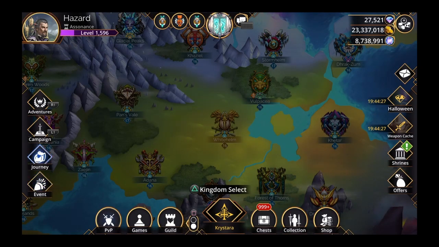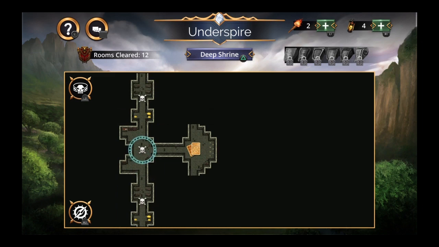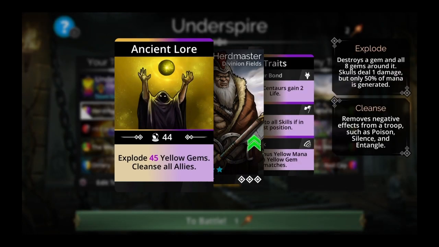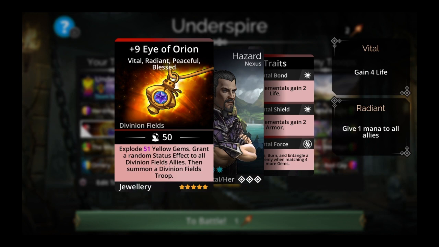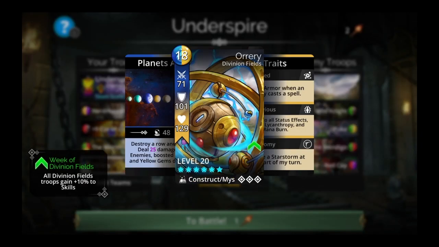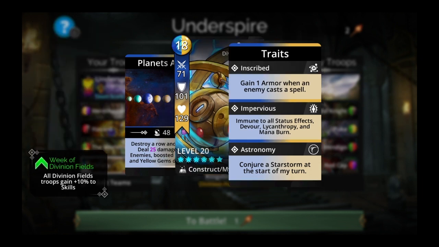There. Let's go check Underspire. Okay, I'm hoping my boss is over here, and I'm using this kind of team. Herdmaster explodes 45, magic +1, yellow gems, and then cleanse all allies. And then I'm using Eye of Orion, which also explodes yellow gems, and then grants a random status effect to all Divinium Fields allies and summons a Divinium Fields troop. Here I'm using Worldbreaker as our main damage dealer, and I'm using Ori at the bottom of the team for that constant Starstorm. Starstorm is yellow-purple storm that is constant and